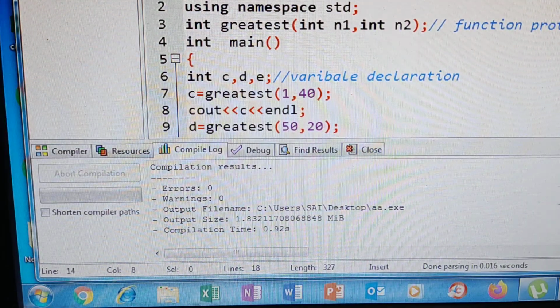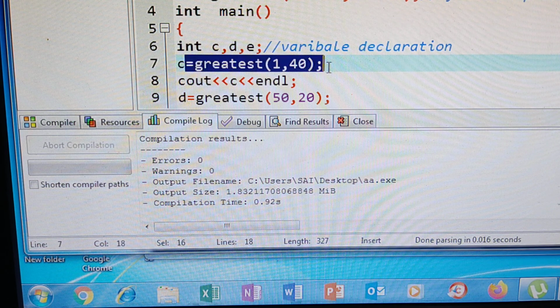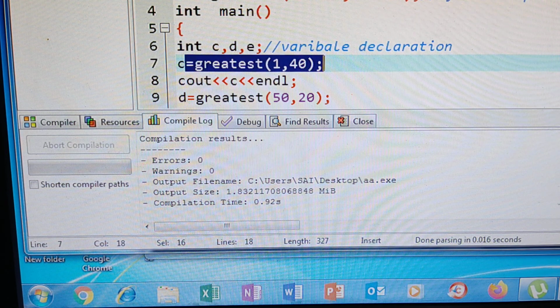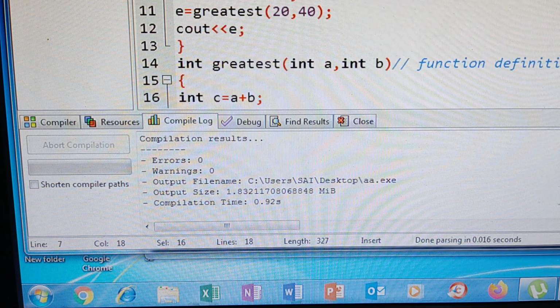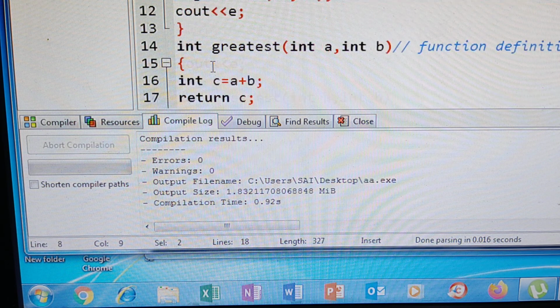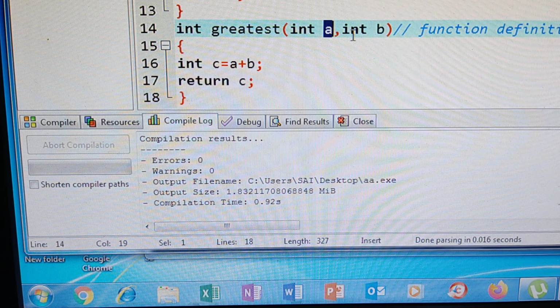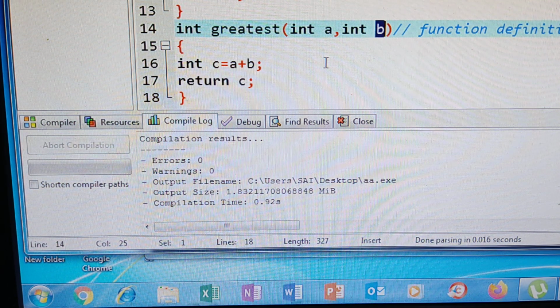See, when this function is executed, this line is executed. First, what is the A value? A value 1 and 40. So 1 and 40 is stored in the memory. So after printing this C, when control comes to this return C, whatever values you stored in A and B will be erased.